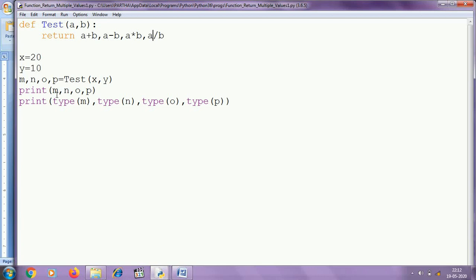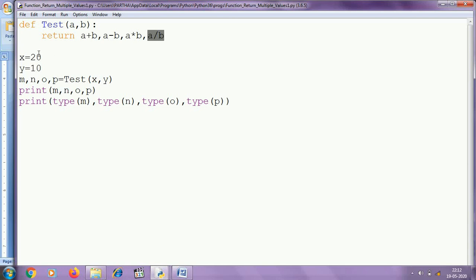If we print m, n, o, p, we can see the value of m will be 30, value of n will be 10, value of o will be 200, and value of p will be 2.0.